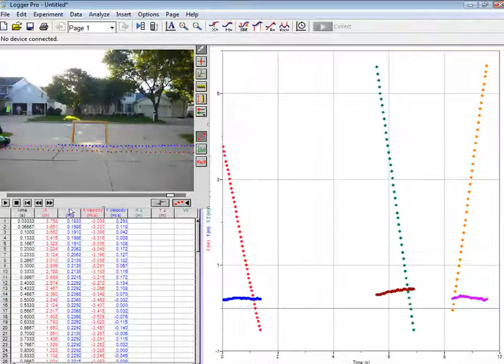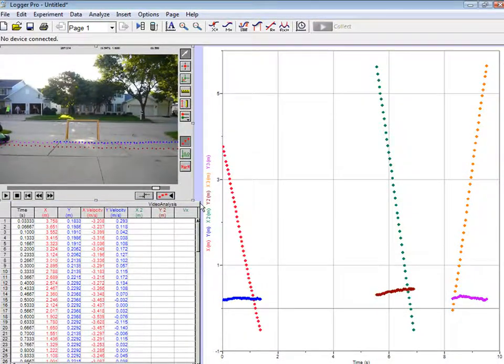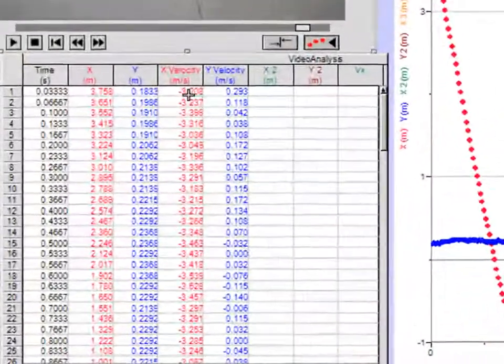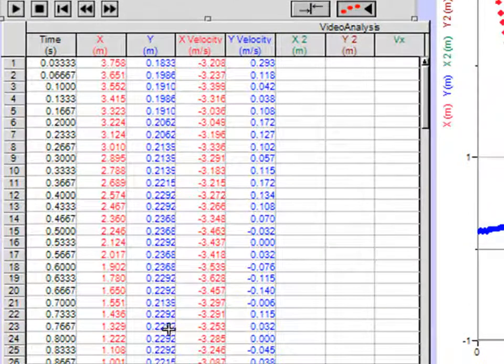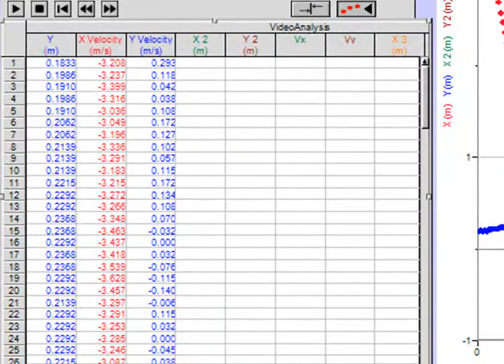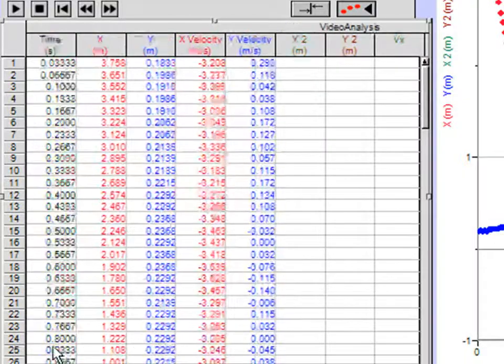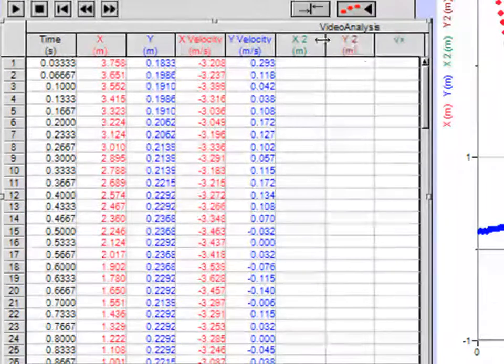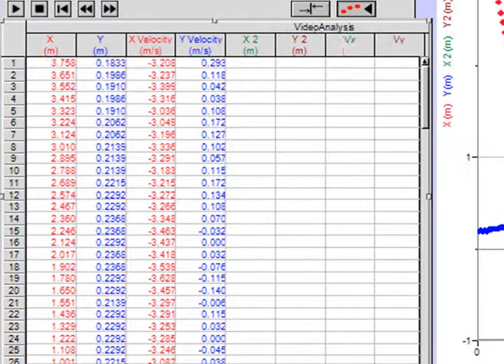So you have your video snuck to the side here because you don't need to really have it big anymore. You're done analyzing it. Here are your 3 sets of data. There's data for the first cyclist, there's data for the second cyclist, and data for the third cyclist. X and Y are the first one, X and Y2 are the second one, and then our third cyclist